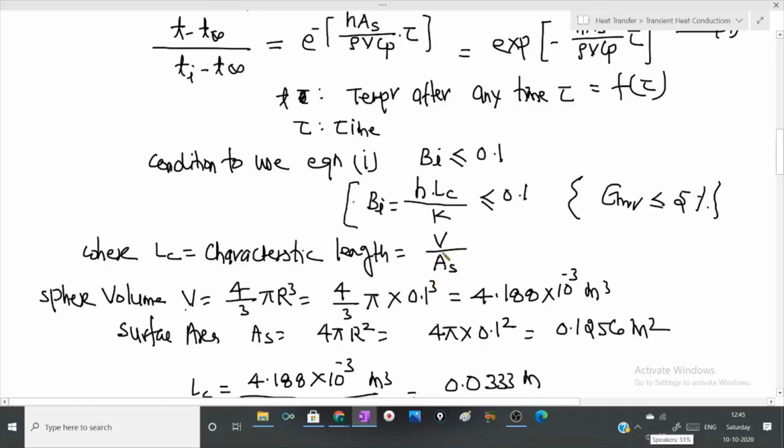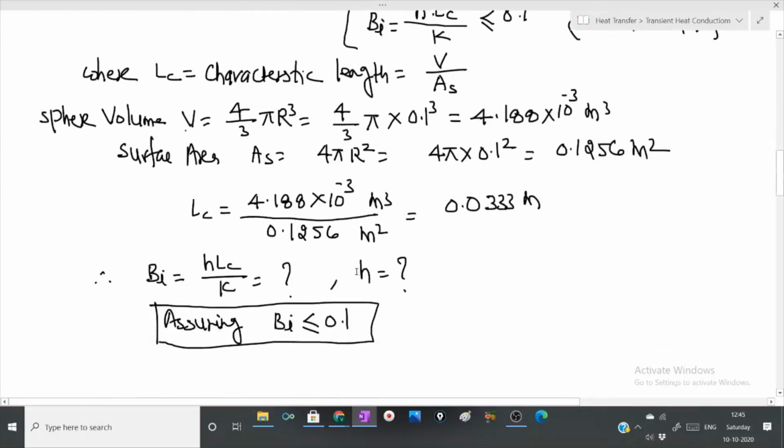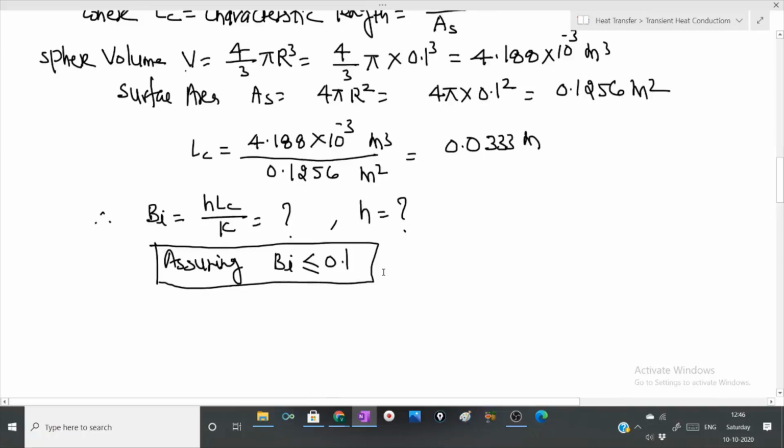But as I don't have the value of H, I cannot check whether Biot number is less than or equal to 0.1. What I will do, I will assume that Biot number is less than 0.1. And after calculating the value of H, later on I will check the value of Biot number. And if it comes out less than 0.1, that means our assumption was correct. Okay. So assuming Biot number is less than 0.1 in this case,